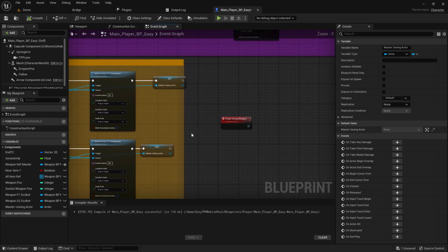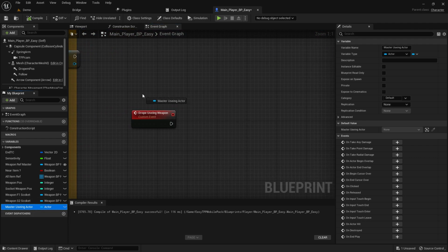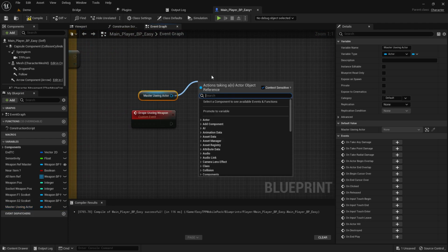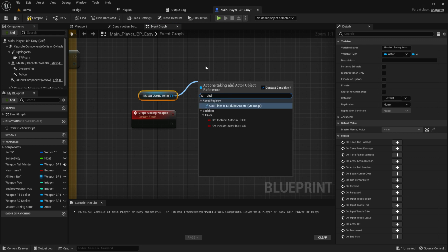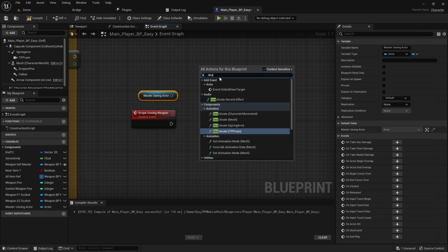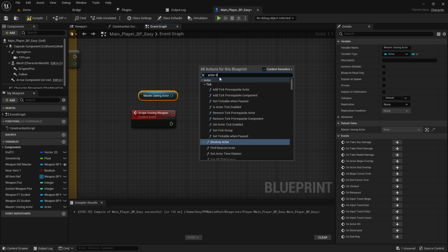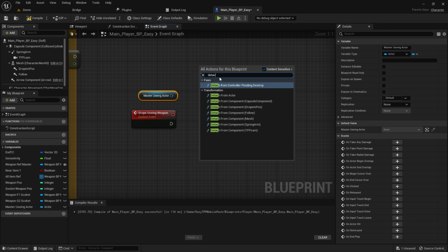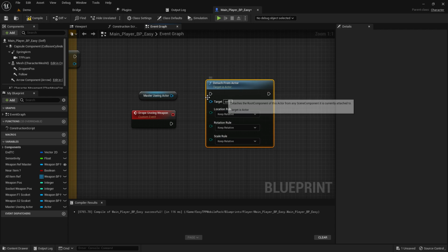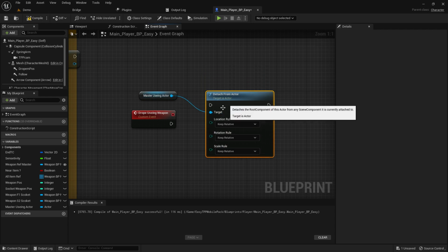Okay, because we now have the specific weapon class which we want to drop, now we can search detach. You can search detach, and if it's not coming, let's search detach from actor. That is the node, detach from actor, and then we can simply connect it with our target